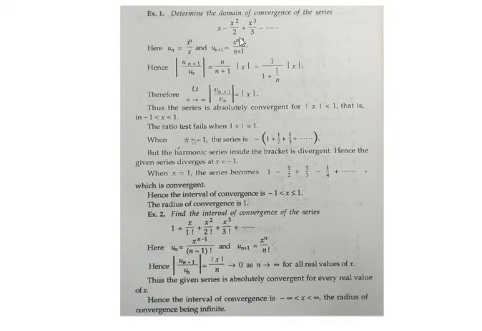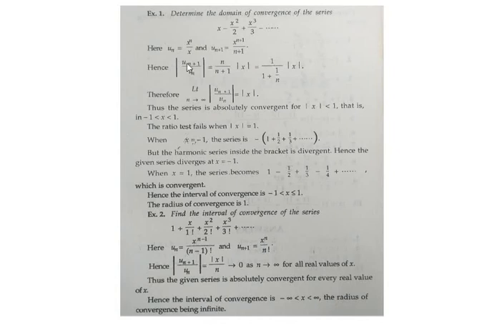So we have considered a very simple power series of the form x minus x square by 2 plus x cube by 3 minus and so on. That means here our x naught is 0. We have considered x naught to be equal to 0, and our a naught is 1, a1 is minus half, a2 is 1 by 3, and so on. So here first we need to calculate the value of capital R.